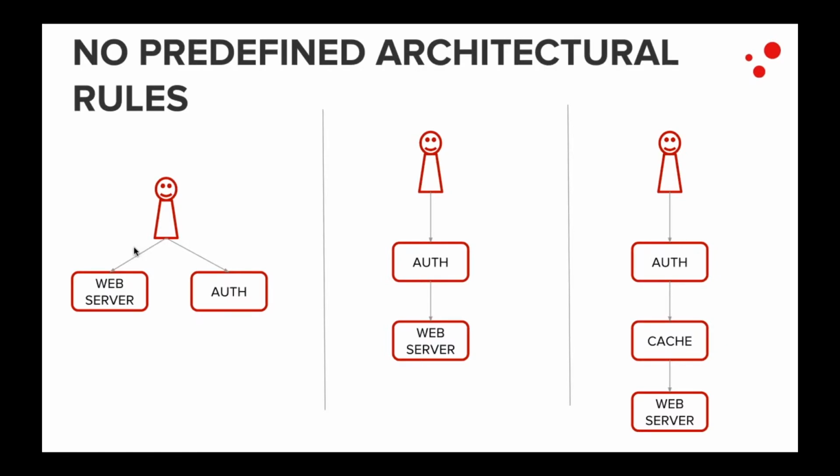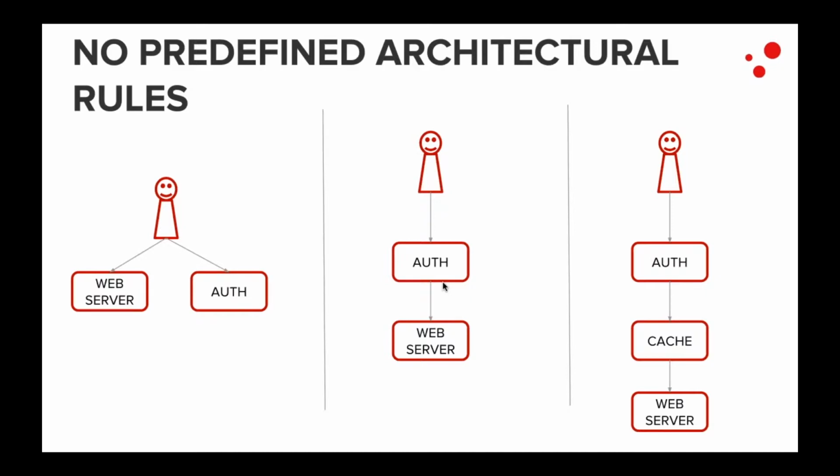So what's wrong with this first architecture? The main issue here is that the web server is not really protected at all. The client can be a good client and first go through the authentication server and then present the unique token to the web server. But if it is a malicious client, it can just try to hit the web server and pretend to be an admin of that web server and try to leak some of your data or just kill your web server.